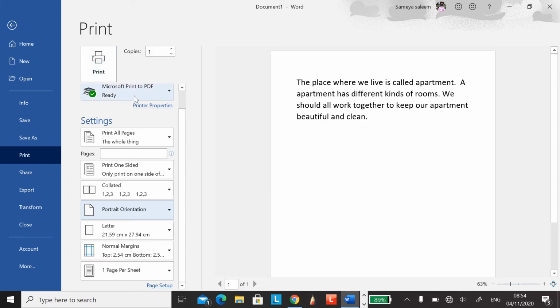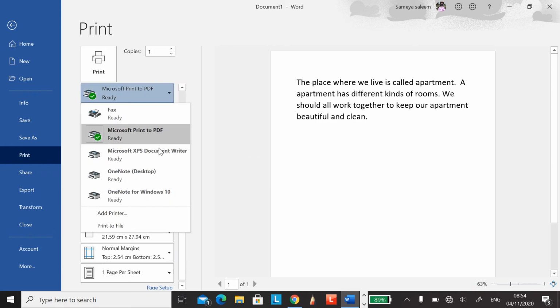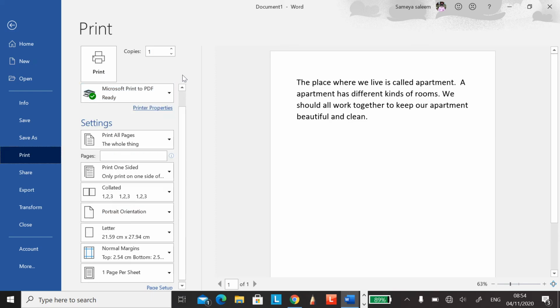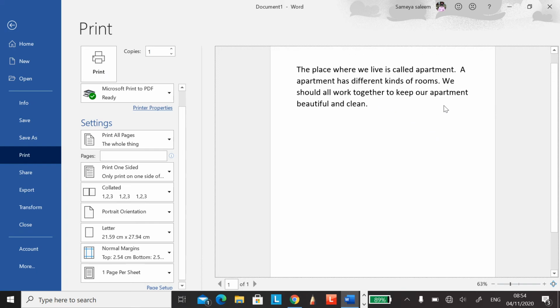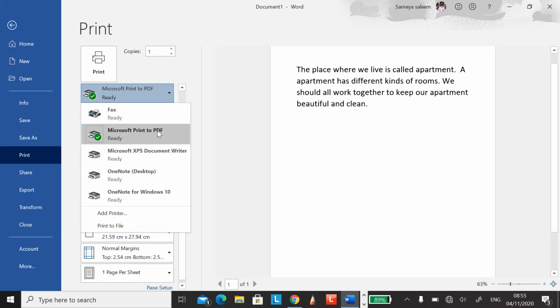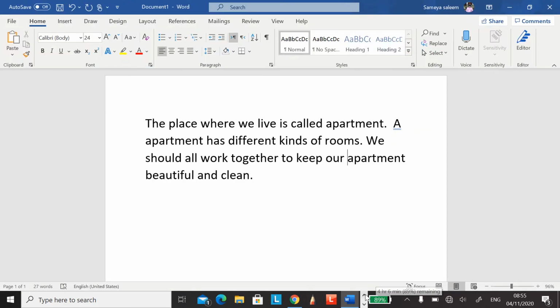No, sorry, you will not click on print yet. You will select the printer that is connected to your computer. Okay, and then lastly you will click on Print, and it will print. Your work will be printed on your paper. Clear? Once again, please listen. This is our print preview and how the document will be printed. Choose the number of copies you want to print. Choose portrait or landscape, A3, A4, letter. Then select your printer that is connected to your computer or laptop, and then click on Print. It will print for you on your paper.